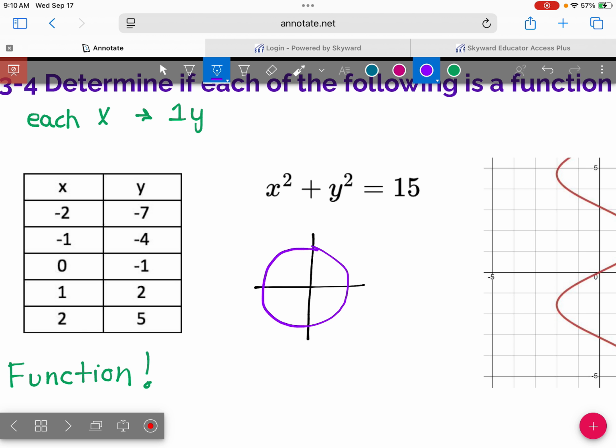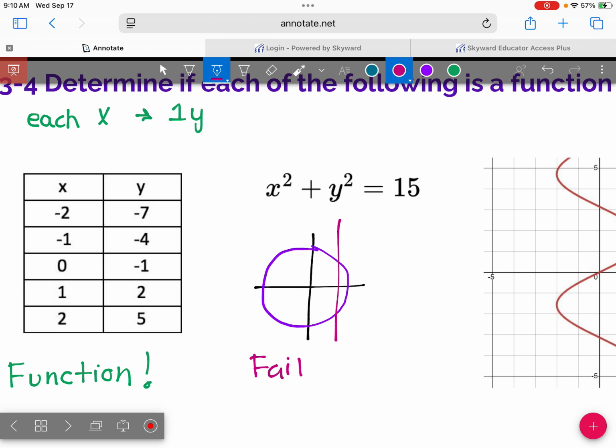If I hold my super high technical fancy stick up here, I'm not crossing my function at all, and then all of a sudden, boom, crossing it twice. If I ever cross a vertical line more than one time, it is not a function. So this fails the vertical line test,